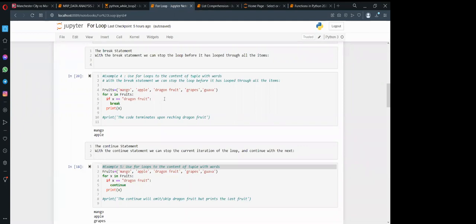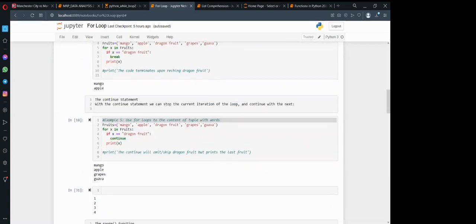So it will terminate the loop at that point. So grapes and guava will not be listed. So if X equals dragon fruit, then it terminates when it reaches dragon fruit, then it prints the list.